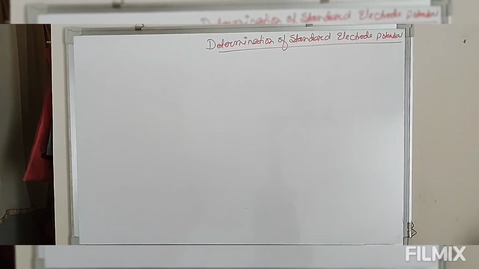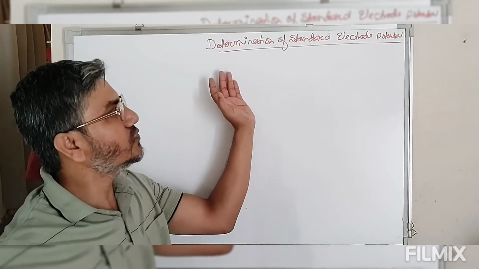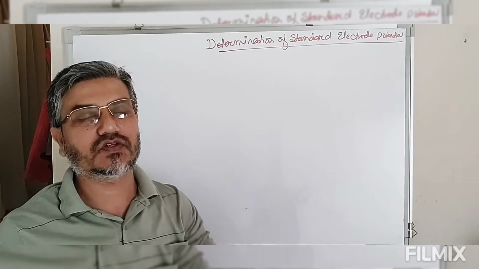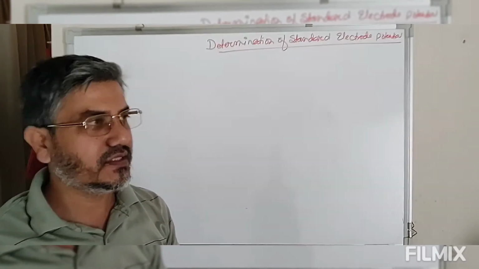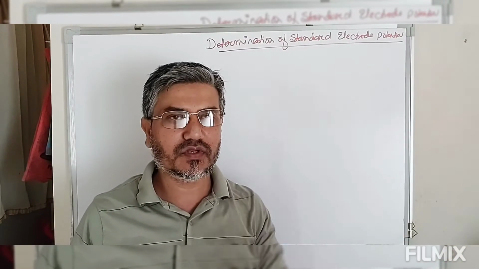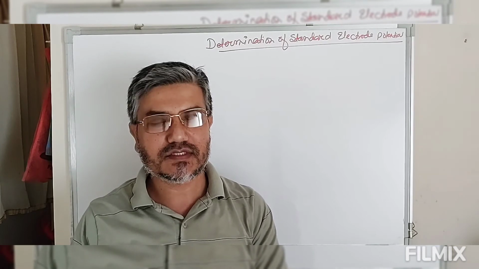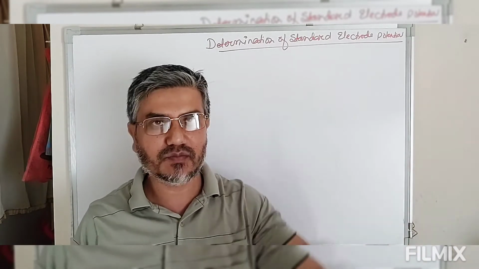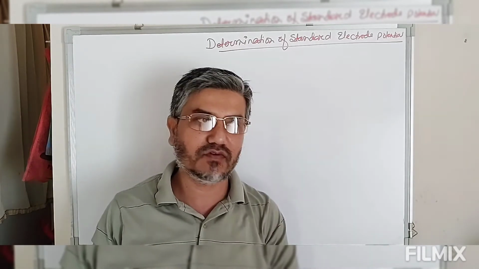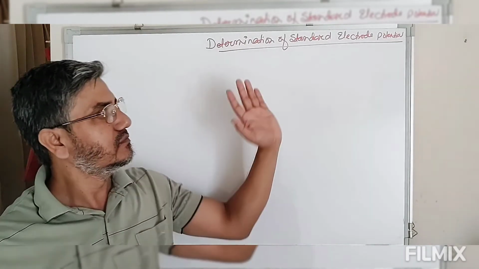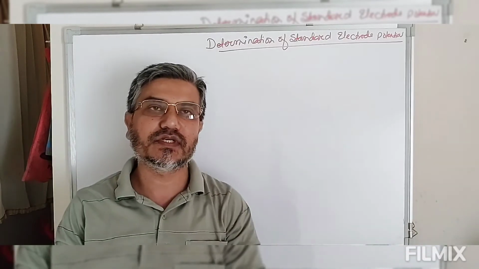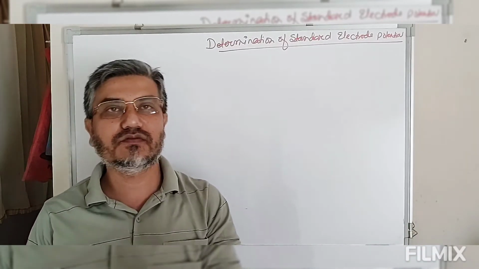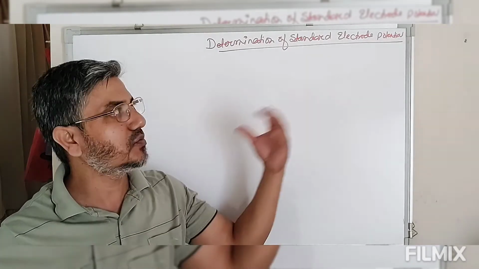Now next we'll discuss how to determine the standard electrode potential of any electrode. We can simply define the cell potential, meaning in this cell we have a cathode and an anode. After this combination we can have the cell potential, which we can measure by a voltmeter. But suppose you have only a half cell, for this half cell, how do you define the electrode potential?